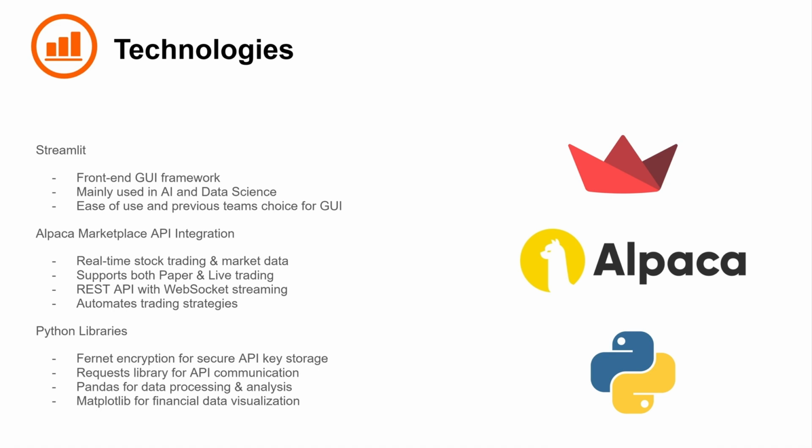The Alpaca Marketplace API was critical for retrieving real-time stock data. It supports both paper and live trading and provides RESTful API and WebSocket integration, allowing for automated trading strategies. For security and data handling, I used several Python libraries. Fernet encryption was essential for storing API credentials, while the requests library handled API communication. I also utilized Pandas for data processing and Matplotlib for financial data visualization, ensuring the UI was both functional and